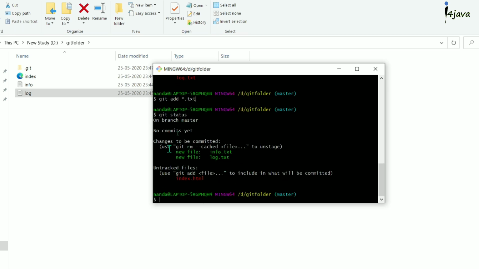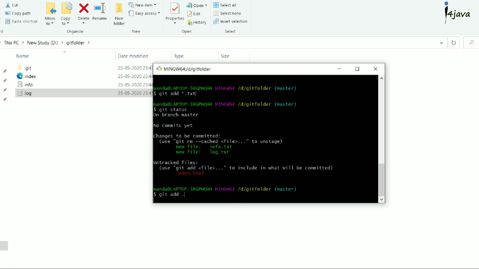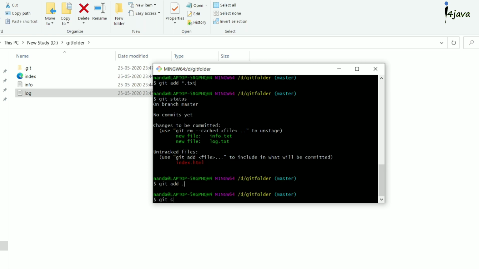So now you can see these two files are in the staging area, and this one is not considered in the staging area. So to add all files to the staging area, we have to write git add space dot. What it will do is add all files present in this folder or inside subfolders. Now check status.